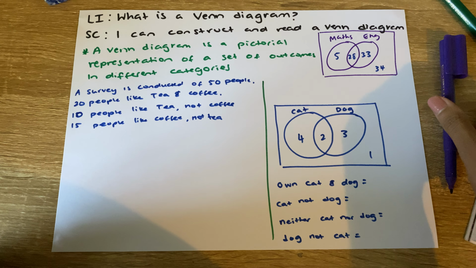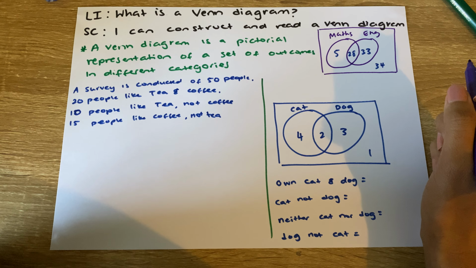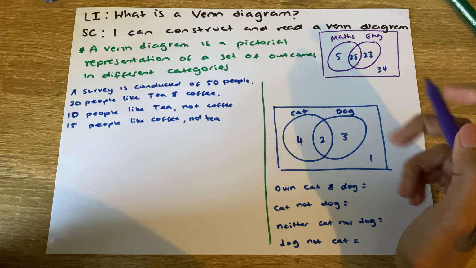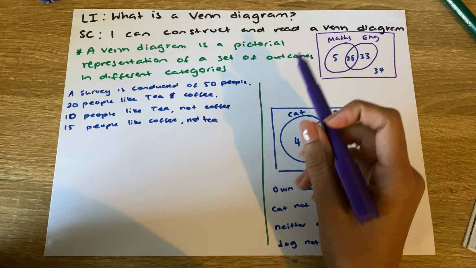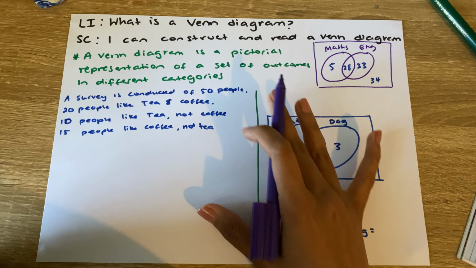Hello everybody, today we are looking at Venn diagrams. Now you may have seen Venn diagrams before as a way to compare the similarities and differences between two different categories. In maths we can use them for probability and to see the chance of things occurring and to display our information